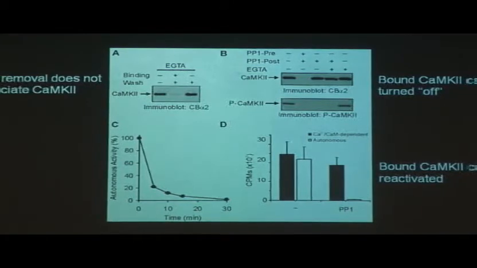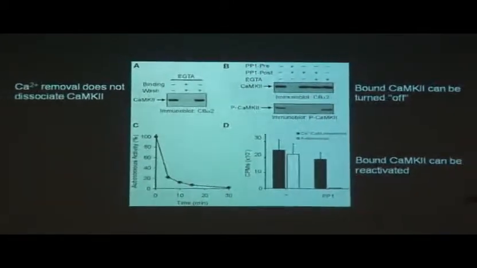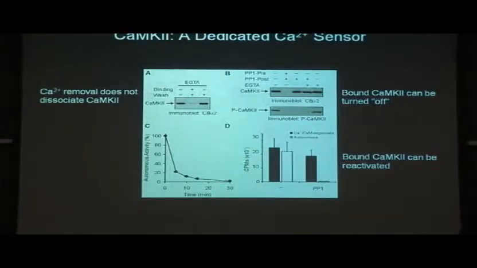So essentially what this suggests is that CaMKII can bind to the channel and then can stay bound to the tether to the channel, but then be turned on or turned off. So it's sitting there as a dedicated calcium sensor and a frequency decoder. So would you say that's consistent with two-point attachment?